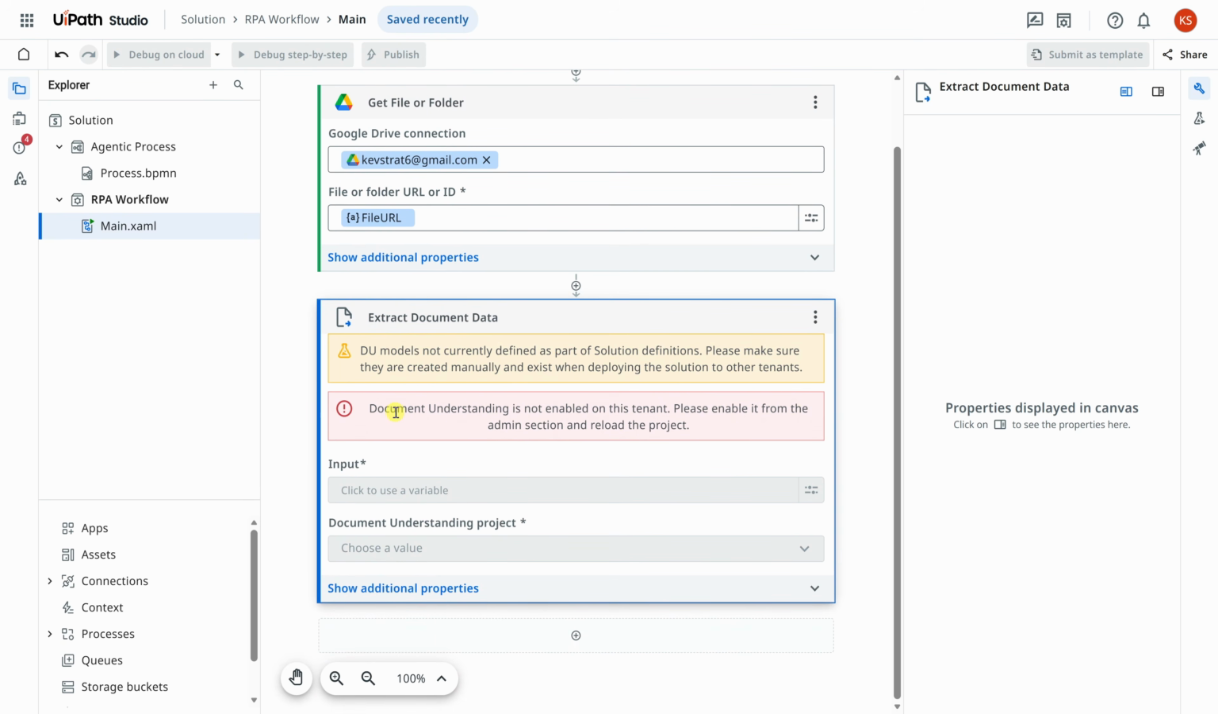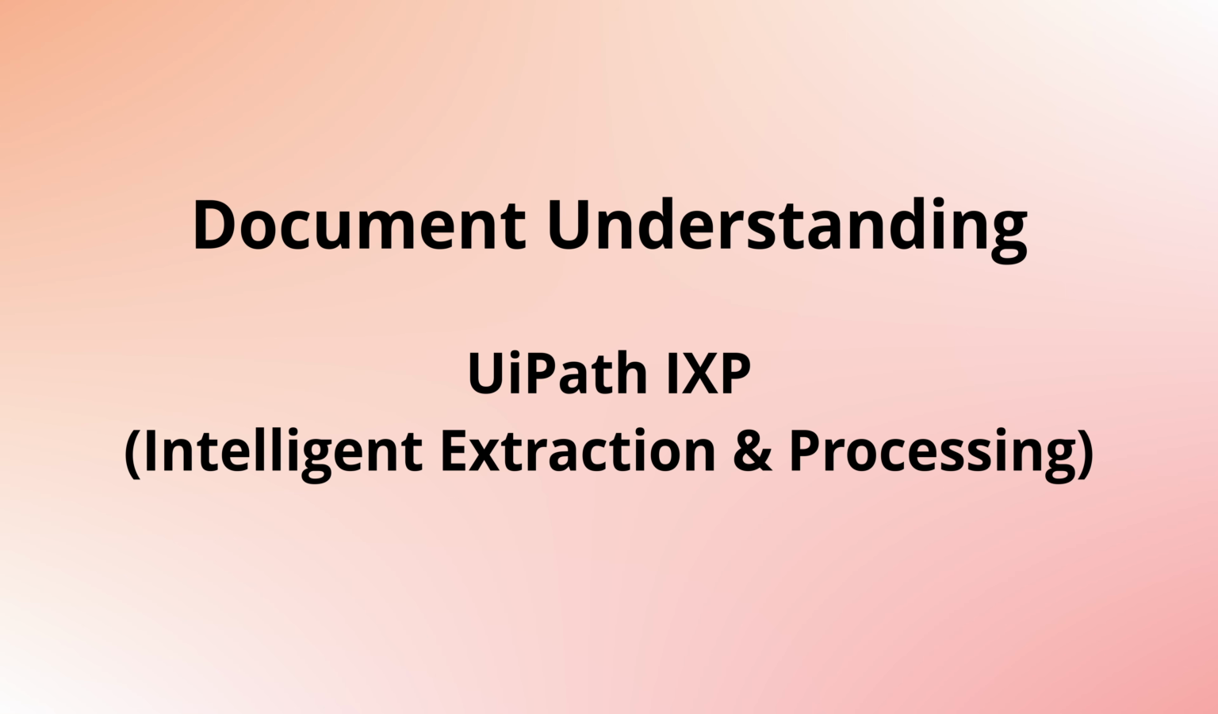But if we look here, it says document understanding is not enabled on this tenant. Please enable it from the admin section and reload the project. So let's go ahead and enable this first. Before we can extract invoice data, we need to make sure document understanding is turned on for our tenant. Document understanding is part of UiPath IXP, or Intelligent Extraction and Processing. This extracts key insights and data from structured and unstructured content and turns it into automation-ready data that flows directly